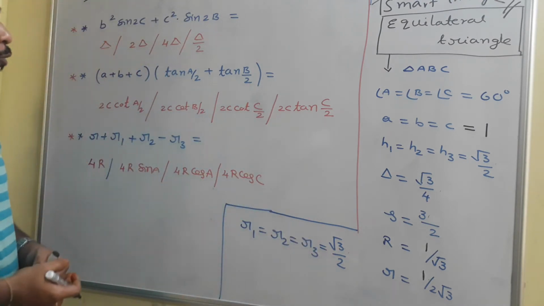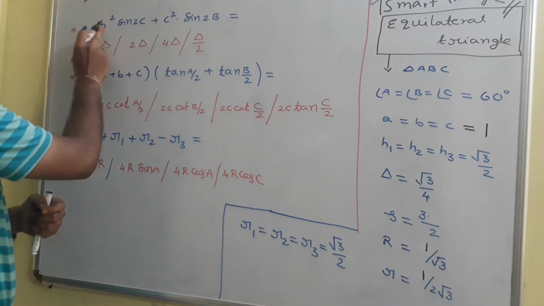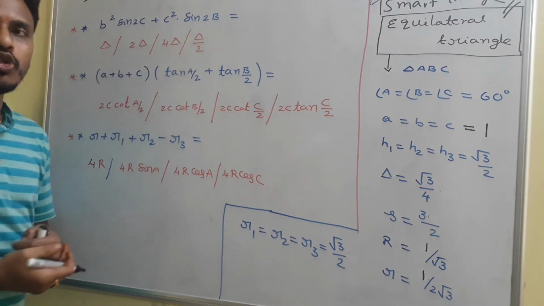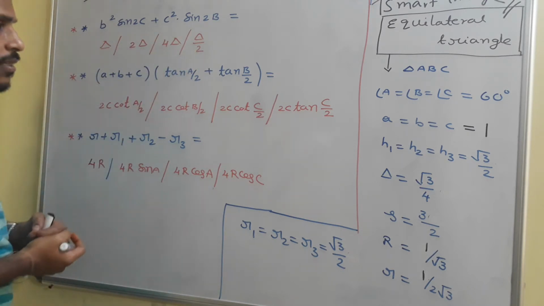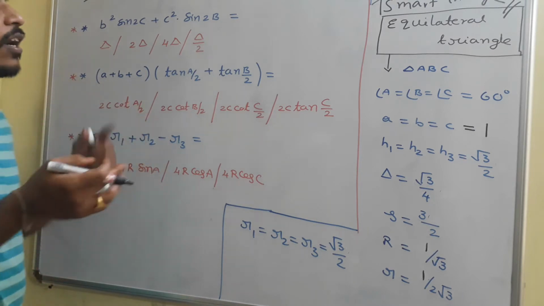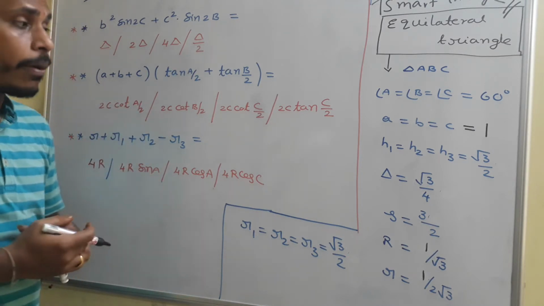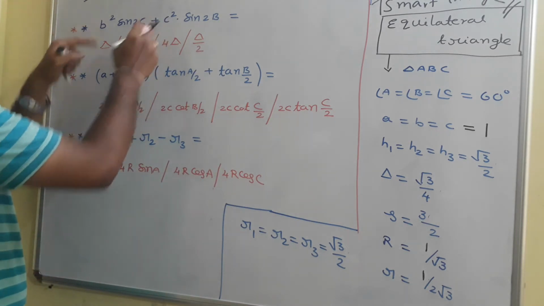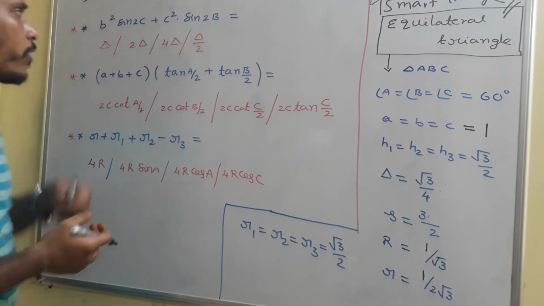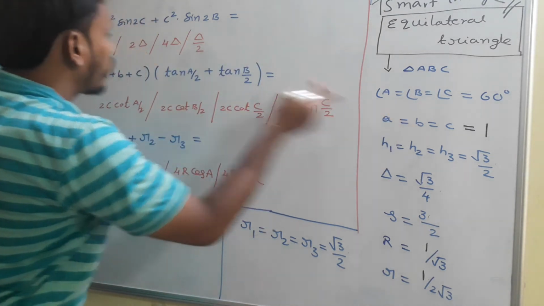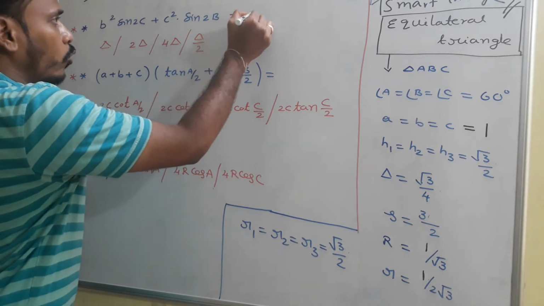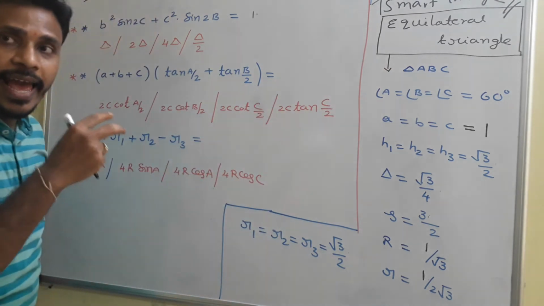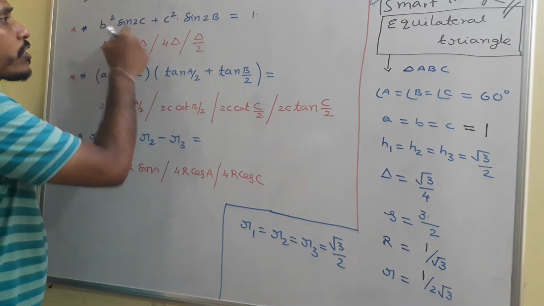And now I am going to solve these problems. First of all, look at the first problem: b square sine 2c plus c square sine 2b. We need to simplify it to choose one of the options in terms of area, delta. The usual way we already know, using the sine rule and some other formulas, but now I am going to apply this smart triangle. In the smart triangle all the side lengths are 1 and all the angles are 60. So b square is 1, into sine 2c. C is an angle, and in our smart triangle the angle is 60 degrees, so sine 2 into 60 is 120.